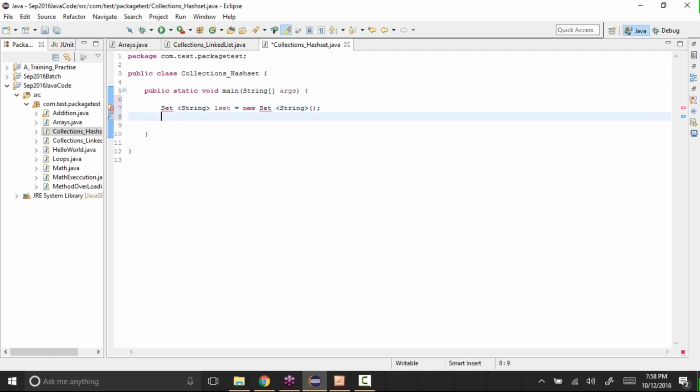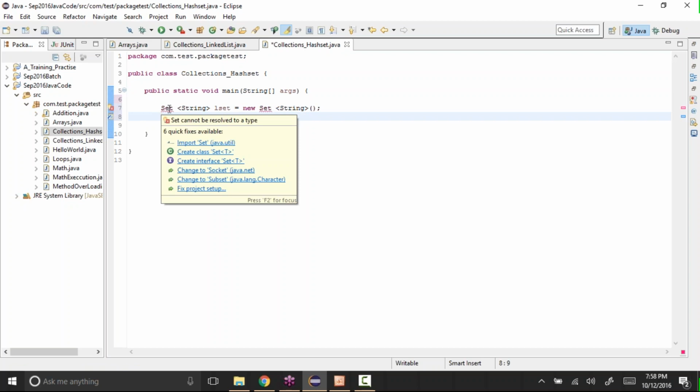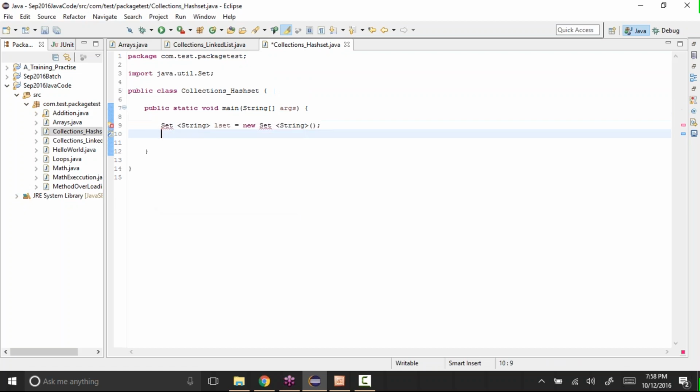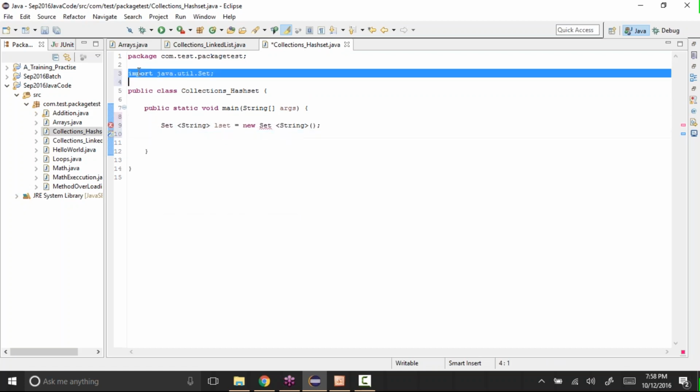Again, it's not able to understand what this Set is. Under it there is a red mark, so just hover over it. We have import Set from java.util. We need to import this class. It added a line of code for us, java.util.Set.